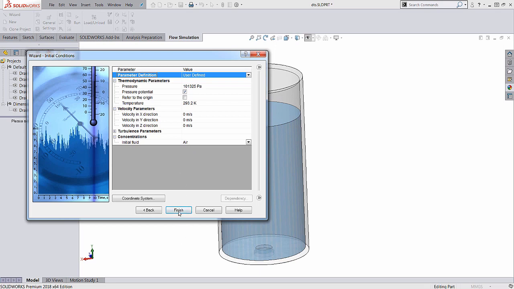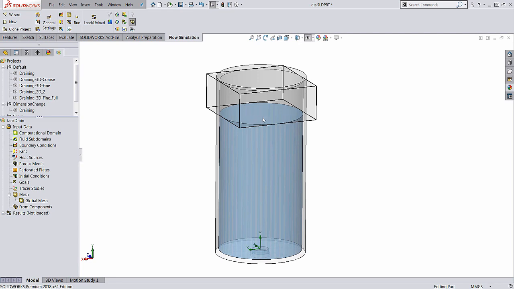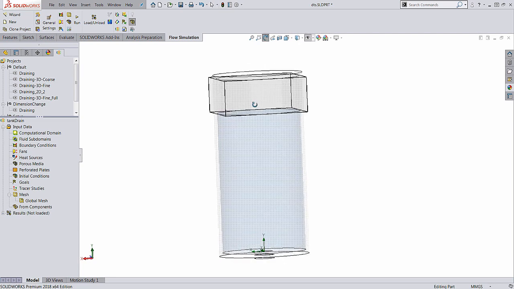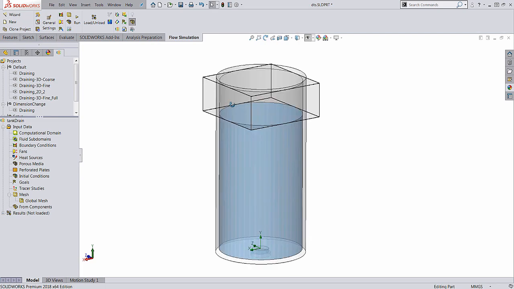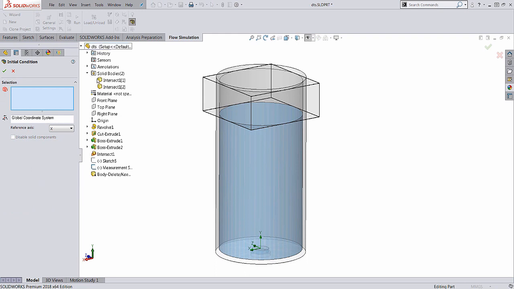All right. Now, as soon as I hit finish, the software identifies an empty space and creates the computational domain around it. It still looks at this block as a solid body. Now we'll have to actually change that. Another item on the tree which you may not have seen before is the initial conditions item. You can use the initial conditions item in order to indicate different fluids on different bodies. So for instance, if I right click the initial conditions item and I select this little solid body that I created